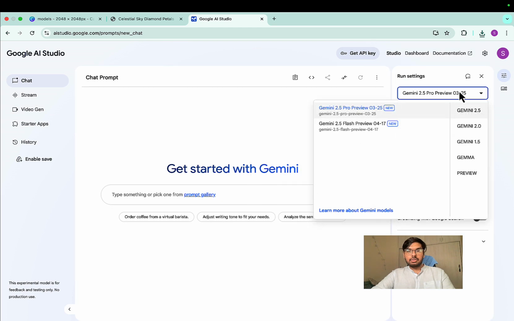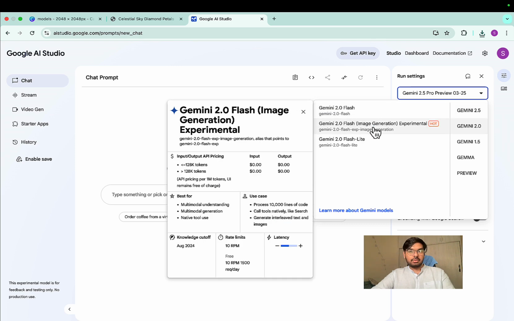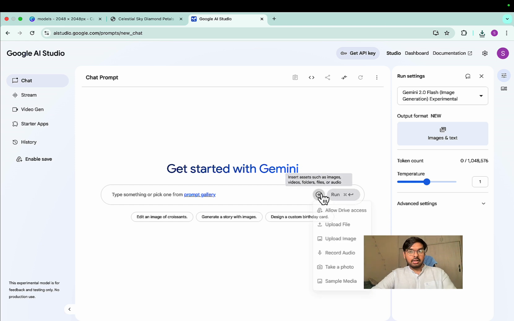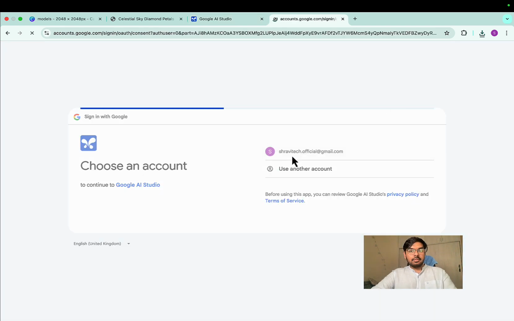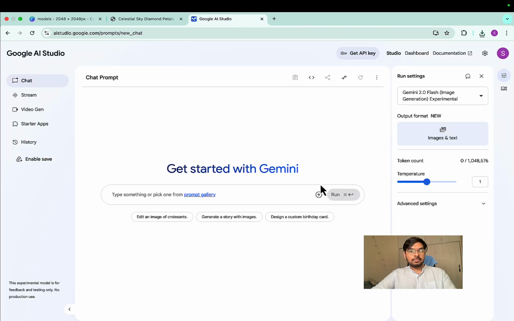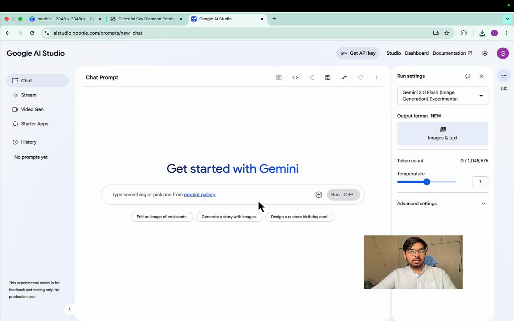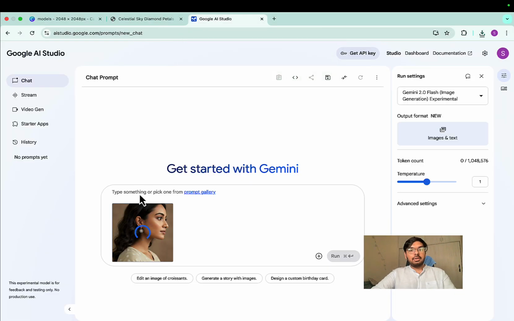So I'm going to choose a Gemini model which is going to help me generate images. So I'll be choosing image generation. I will upload this image. So let me upload this image. This should be in my downloads. So here is the image. I upload it on Gemini, and then now I'm going to prompt and see